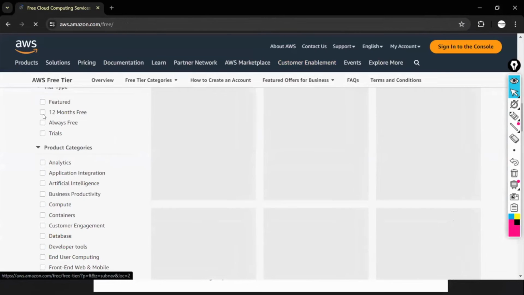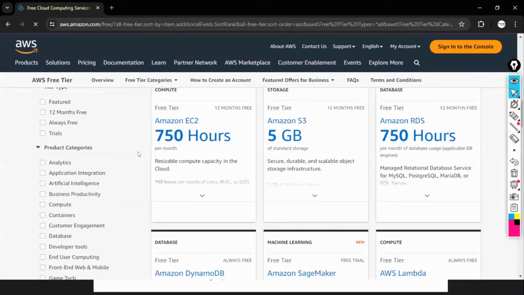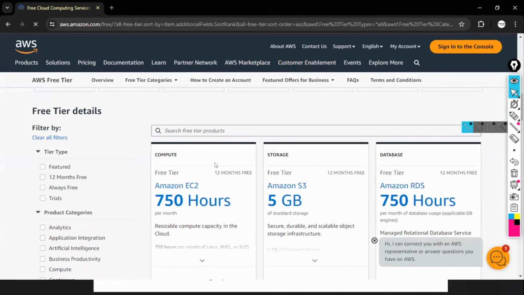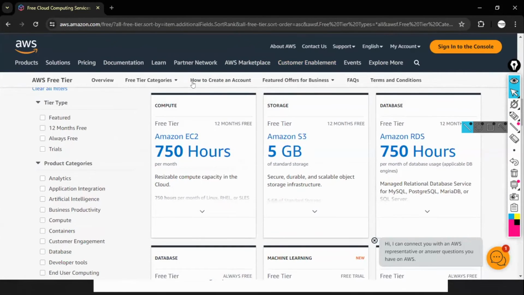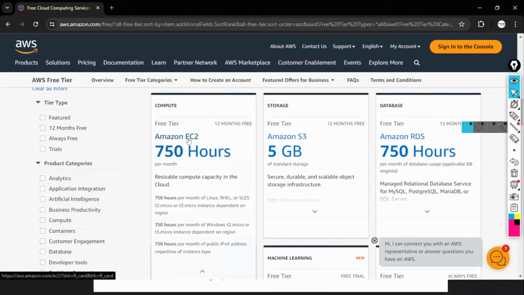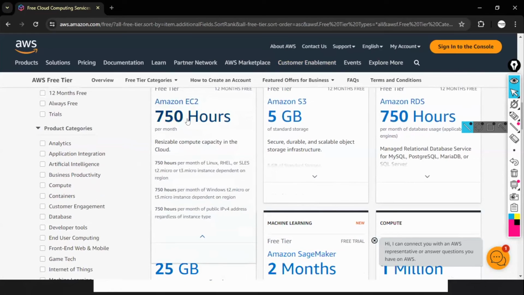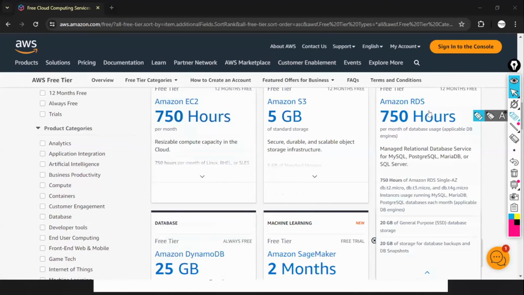What features are you getting here in this free tier account? See, coming to the EC2 service. In AWS, we have plenty of services, as I told you. Amazon EC2 is a service. This service you can use 750 hours free per month. Per month, up to 750 hours. Using the EC2 service, we launch some servers. You can keep a server running continuously, 24/7. Every day, 24 hours, you can keep it running.